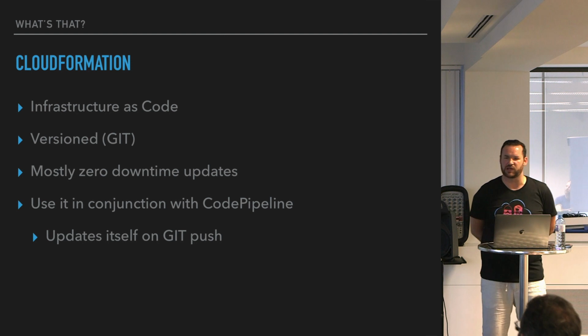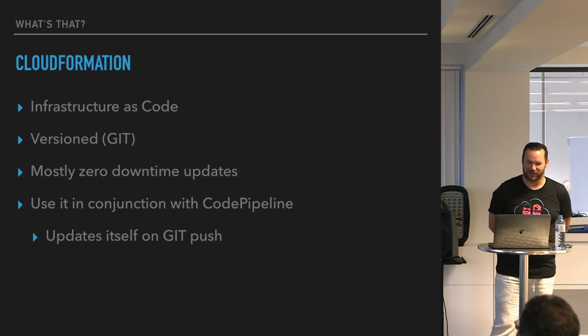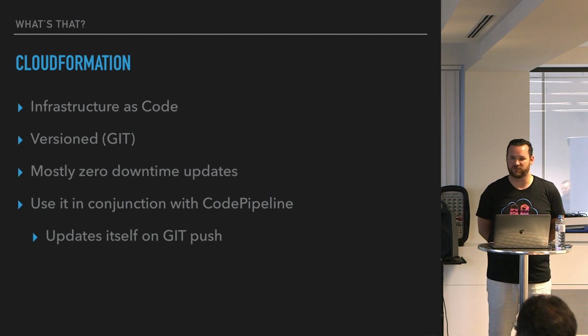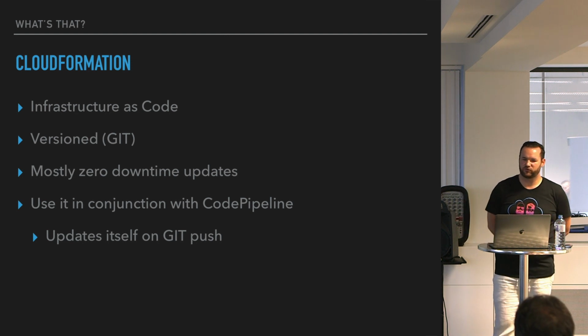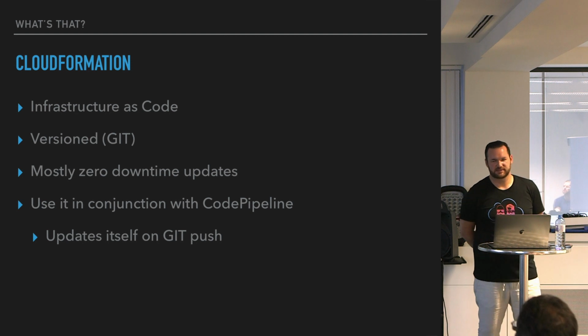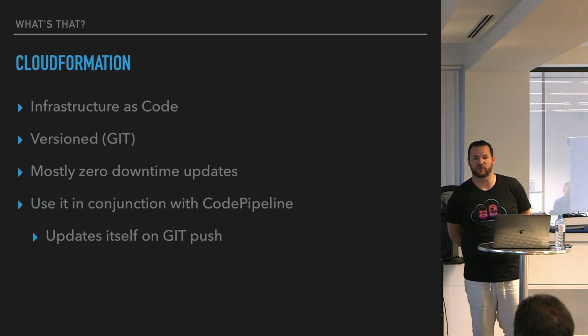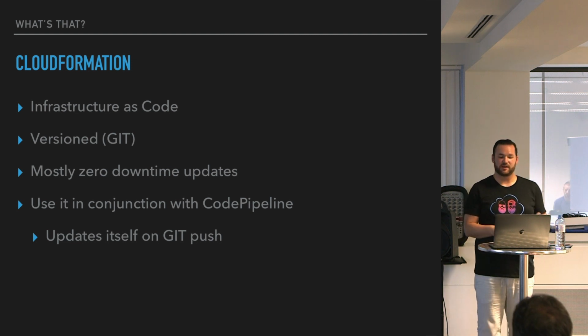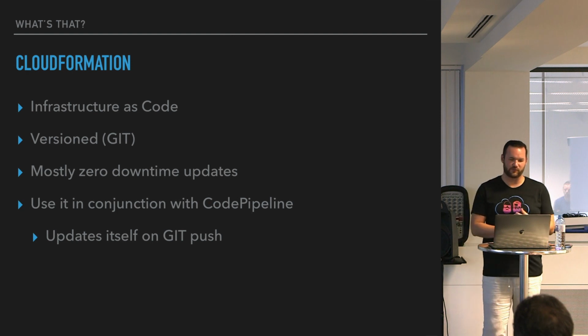So who of you already uses CloudFormation? Okay, not many. With CloudFormation you can create infrastructure as code. There are a lot of tools on the market that do similar things like Chef and Puppet and all that stuff. CloudFormation is AWS specific. In this case I versioned the infrastructure in Git, and most of the upgrades that are done by CloudFormation are with zero downtime. That means if you upgrade, if you tag something, if you create some extensions to your resources, mostly those don't require the resource to be unavailable. Of course, if you replace some tables in a DynamoDB, then you get downtime.